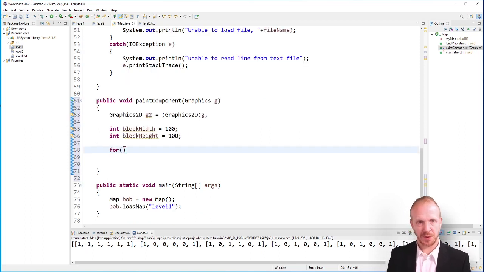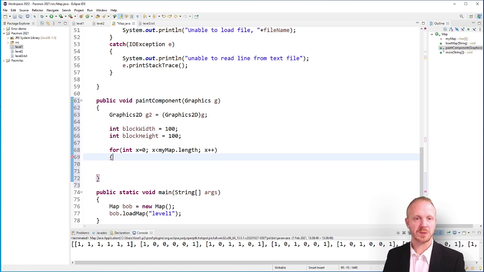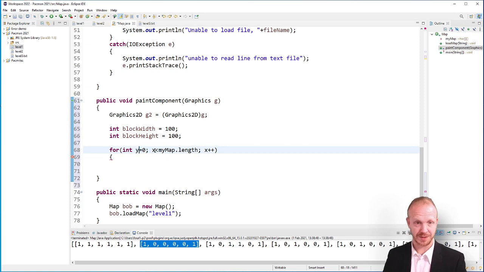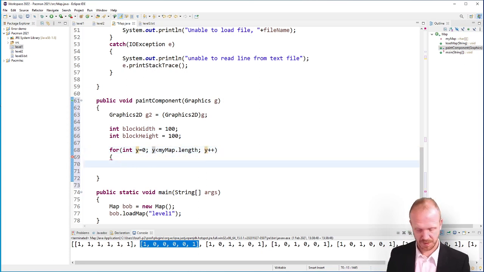So I'll make a for loop straight through this. So this will count how many of these there are in my map. Because these are the columns, it's counting how many columns there are, which is going to be the y coordinate, not the x coordinate, because the y coordinate is how many columns there are. So make sure I do y first of all. Then I'm going to iterate through how many rows there are in each of those, which will be the x coordinate. So for